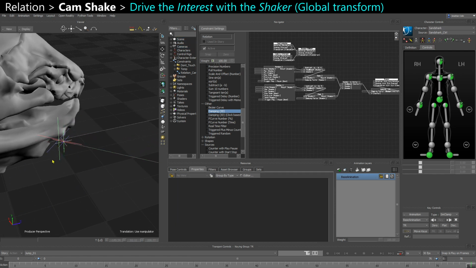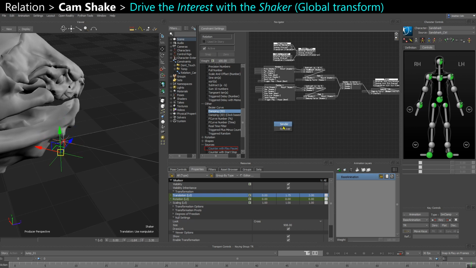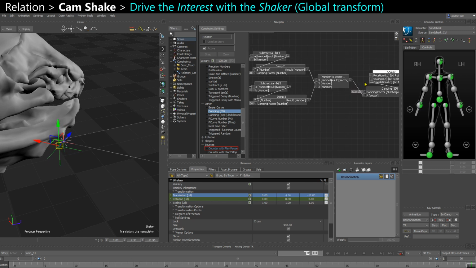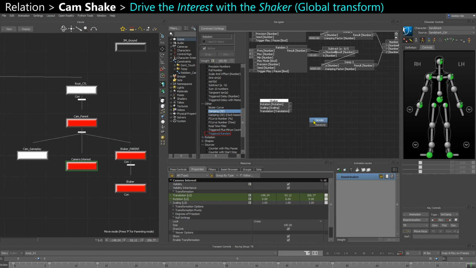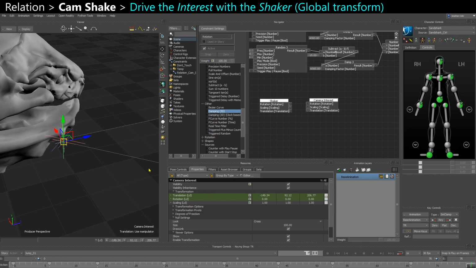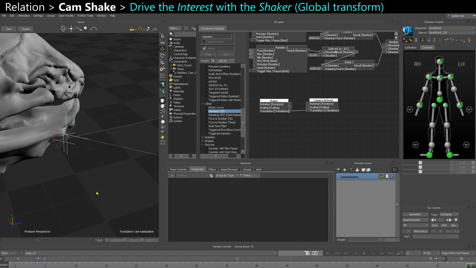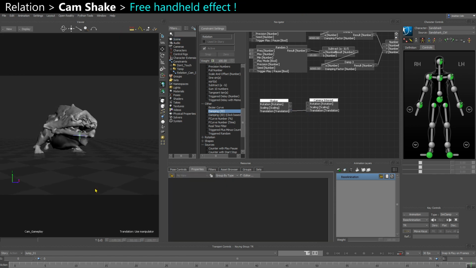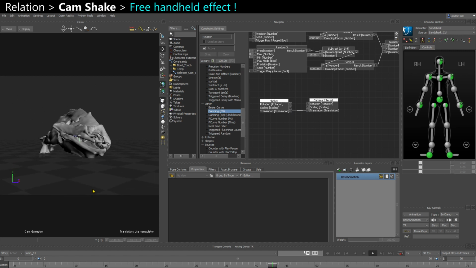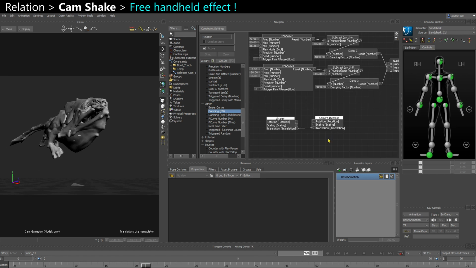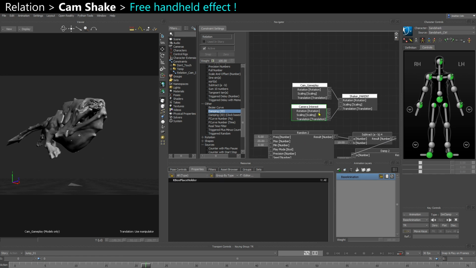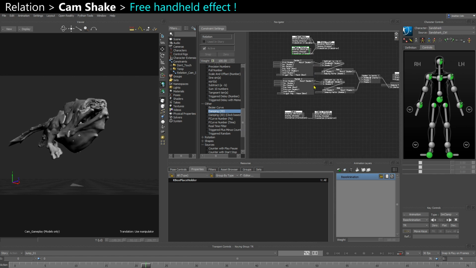So I just need to tell the shaker to drive the interest. So use the shaker as a sender this time. It's okay, it can be both a receiver and a sender in the same relation constraint. That's the beauty of MotionBuilder. Receiver, camera interest, okay, and boom. Now I have this handheld feel to the camera. Of course, the camera interest is here both a sender and a receiver. It's kind of